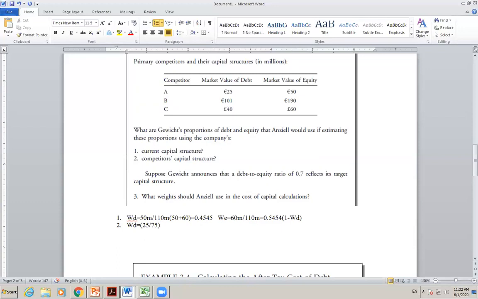This is for company A. I'll put the names so that you don't get lost. And plus for company B,